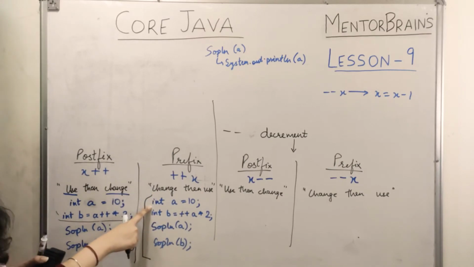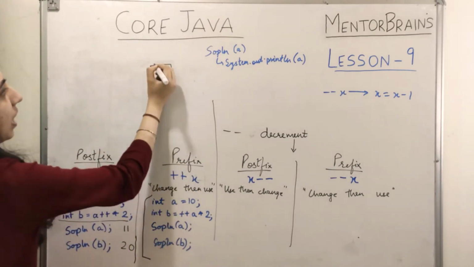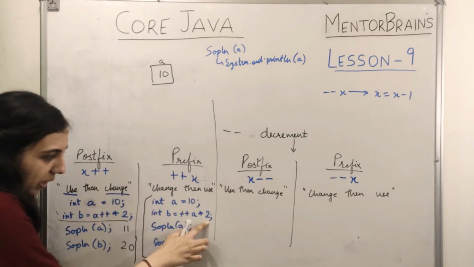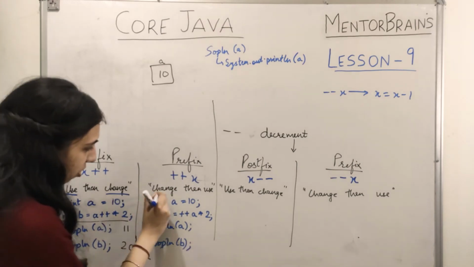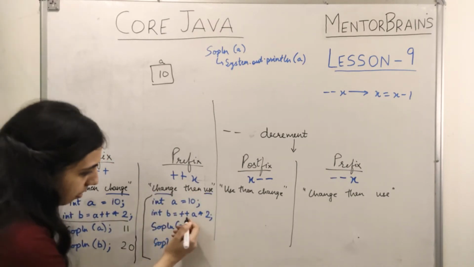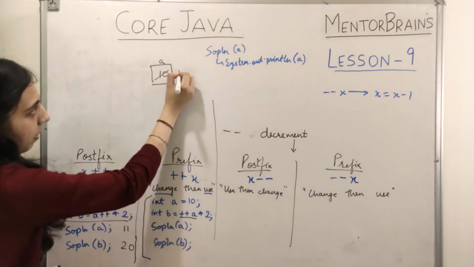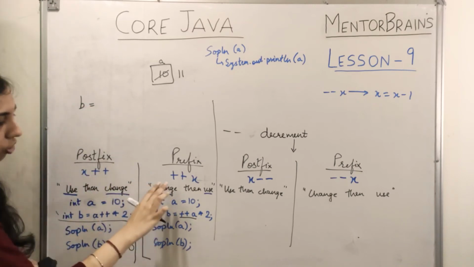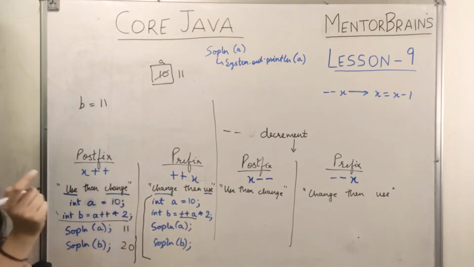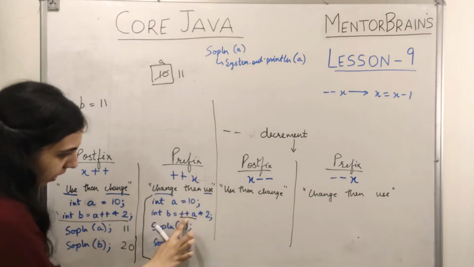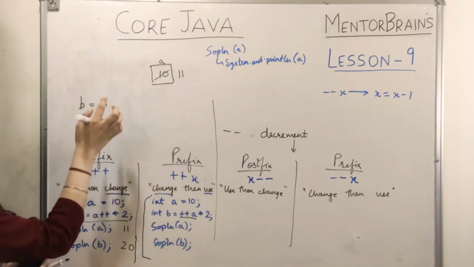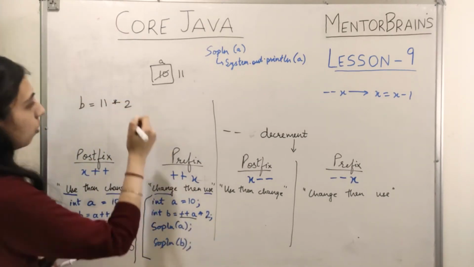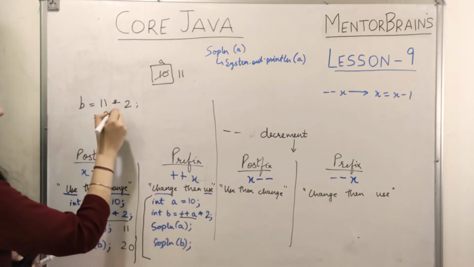Again, while running the statement int a equal to 10, a memory location of a is created and the value 10 is stored inside it. Then int b equal to ++a * 20. Now this rule says change, then use. Basically ++a will be incrementing the value to 11, and as the rule says change, my b will use the changed value. Changed value will be written over here, that is 11, not 10, because the ++ operator is prefixed and the rule says change first. So 11 into 20, it will result in a value of 22.